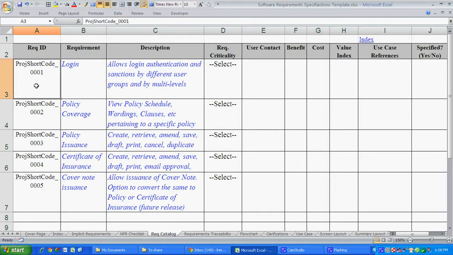So you have a requirements ID, which is just a short name or a number, then a very brief description of the requirement, name and description. The criticality can be nice to have, should have, must have, or any other value. Then, who is the user contact for the requirement? Benefit can be rated on a scale of 1 to 5, saying how much benefit the business expects to get by implementing this. So we'll say the benefit is 3. The cost is basically the effort required to implement this. Value index is nothing but benefit by cost, and this can be a criterion used to